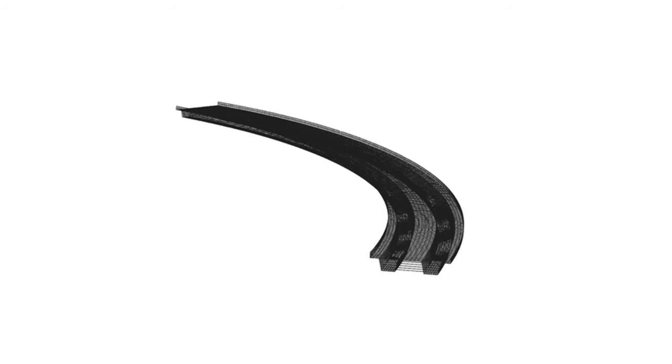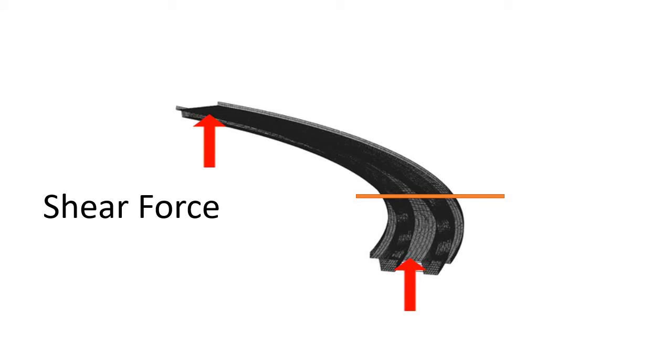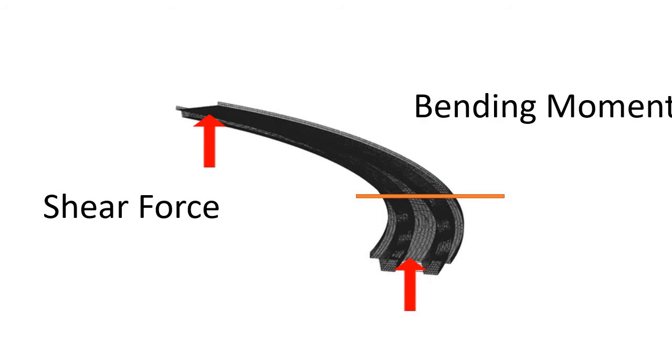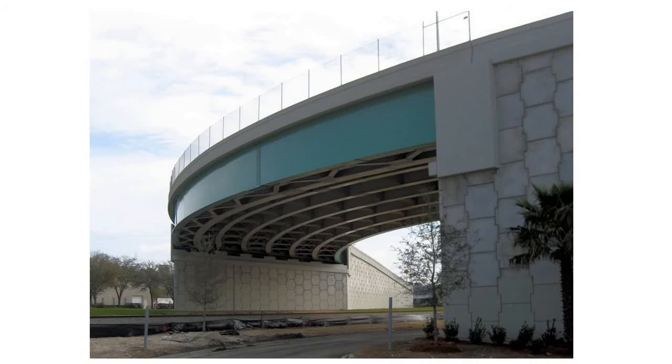Now what about a girder that is curved like this? It has two supports at two ends like this one, and now let's say you are interested to analyze this girder to design it at a particular section here. So you have to find out first what? Yes, shear force. Second, please repeat with me. Yes, bending moment. And anything else? Okay, let's see.